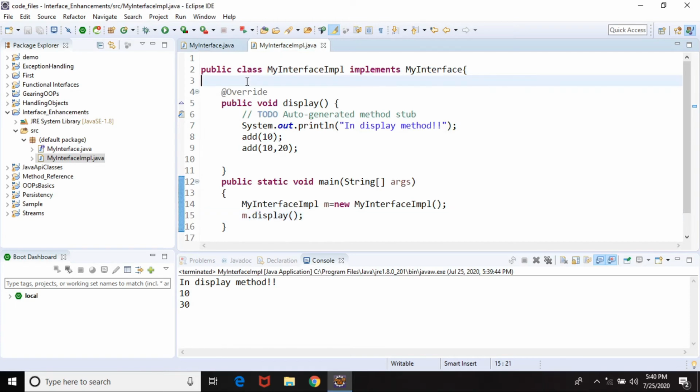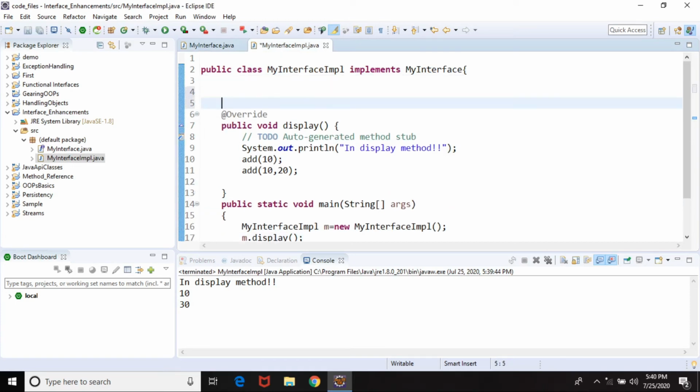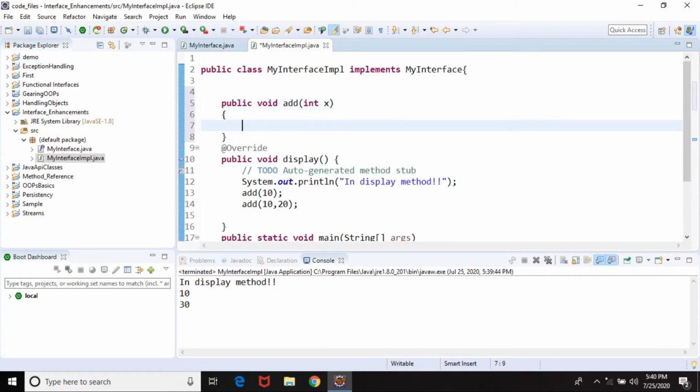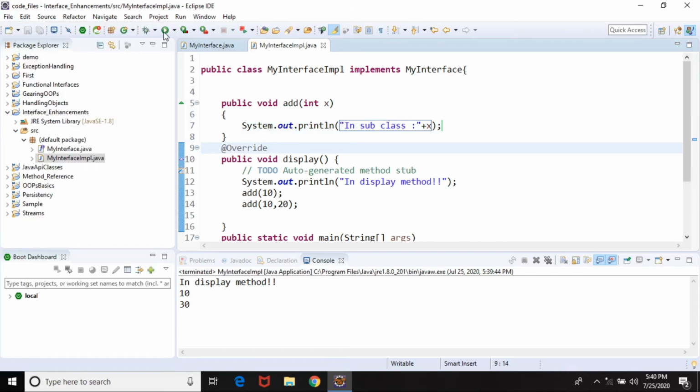I will be able to also write the method public void add, let us say int x, and I would say system out println in subclass, and then I would print, let's say, x. And now if I execute this, you will see that I got an add method implementation, and that implementation is from, in fact, the subclass.